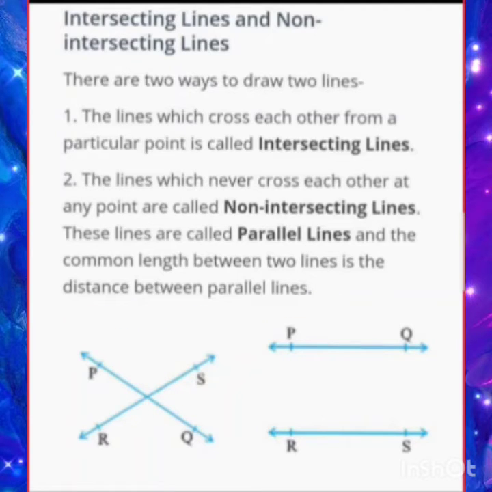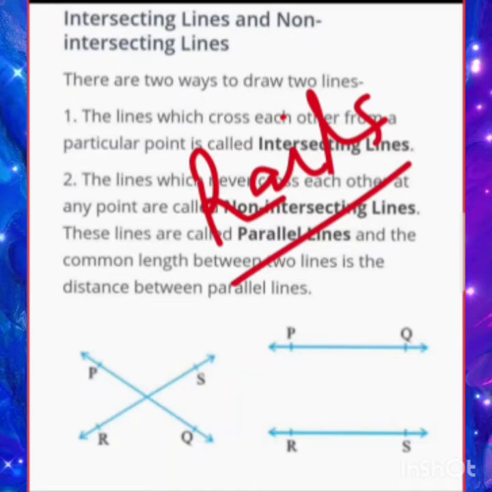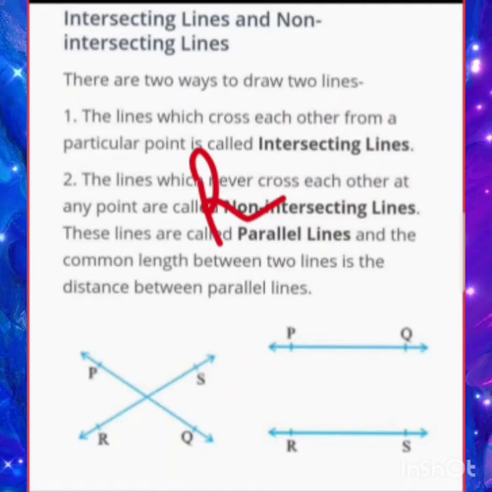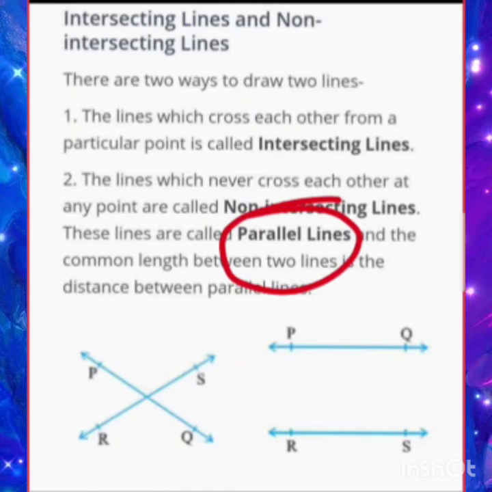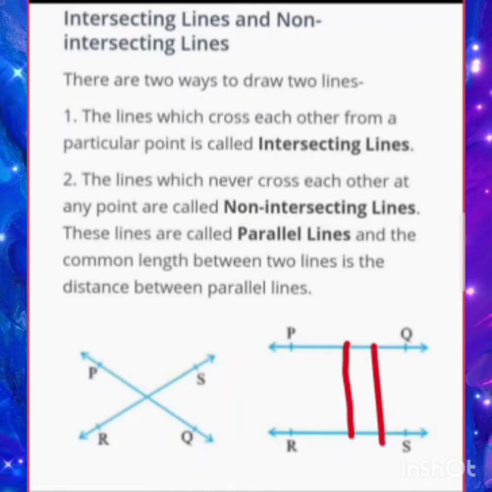And the distance between two lines remains the same for parallel lines. Let me clarify this sentence. What is the meaning of this sentence? The distance between two parallel lines remains the same forever. My dear student, the best example is a railway track. You have seen the rails, railway tracks; they are pure examples of parallel lines because the distance between the two tracks remains the same.